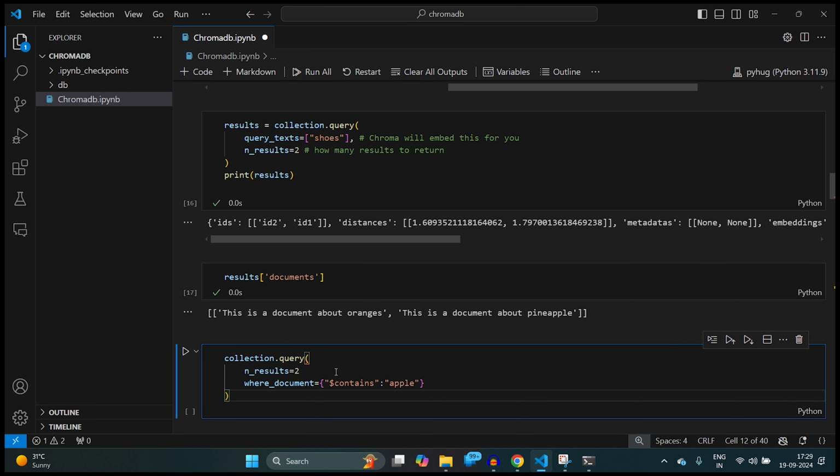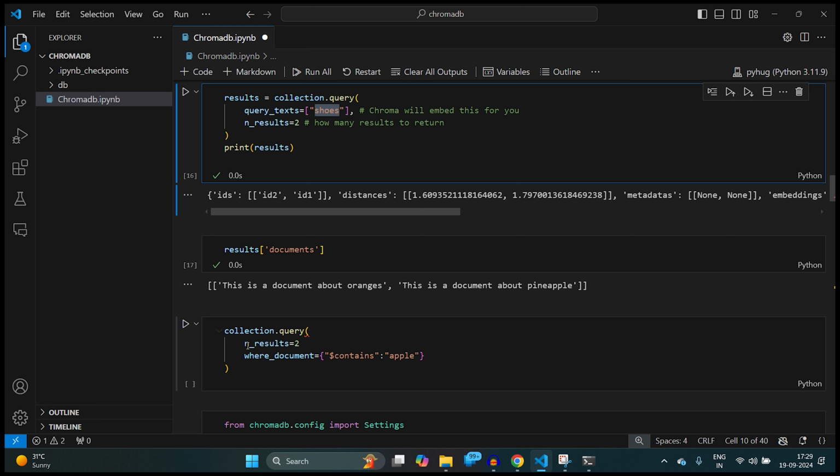So right now, in my previous example I was doing collection.query and asking, give me a query text, search this query text in my DB and give me the nearest neighbors. So this is one way. But if I want to ask, just tell me where this particular string exists, for that there is another parameter which you need to pass, where document, and with this particular way of asking it, this is kind of an operator now, dollar contains, and then just simply ask, is there any apple in it? And if I do this